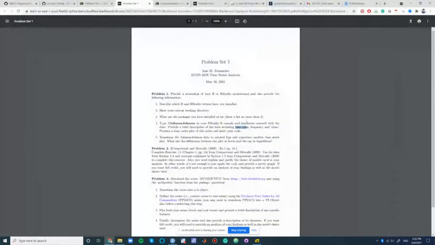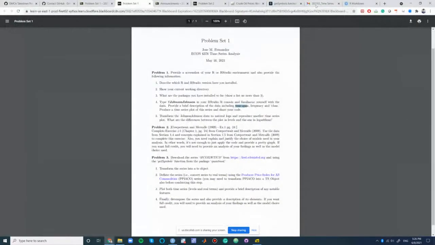So the last one is a little bit tricky for the beginners, but actually not really. So let's see, transform the Johnson Johnson data into natural log. Okay, so the key term is natural log here. Some of you were not using natural log. So in R,